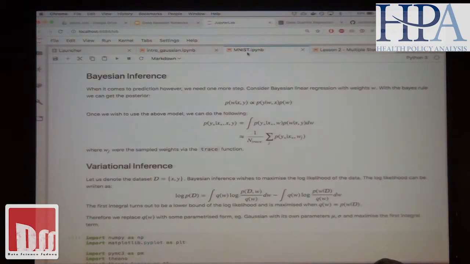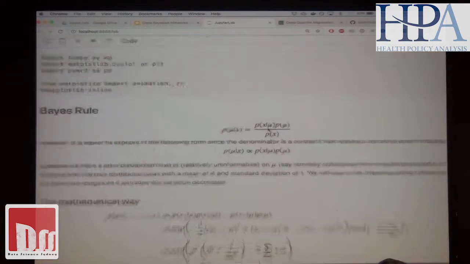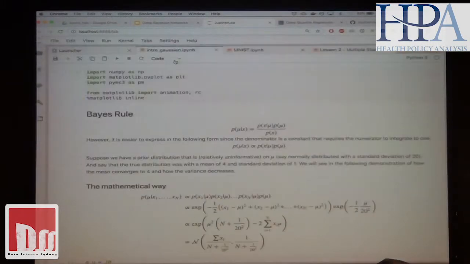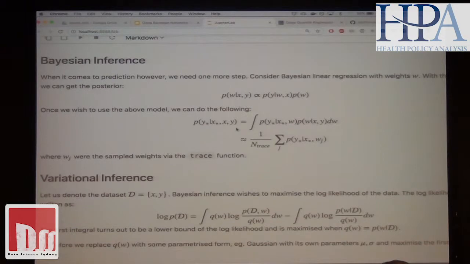Before I move on to the deep learning aspect, Bayesian inference is not about the Bayesian rule as such. The Bayesian rule over here was what you probably learned in high school, with this equation. But the Bayesian rule is slightly more in the sense that we integrate out any kind of parameter. So if you're doing linear regression, we would integrate all possible values of the weights. Let me come back to what I mean by that.